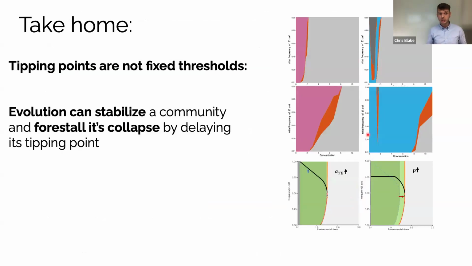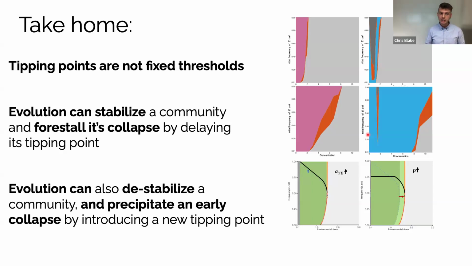So in conclusion, what I want you to take home from this talk is currently we are thinking of tipping points as this fixed threshold, but they are definitely not fixed. And evolution changes and shapes them. And it can do so in both ways. Evolution can stabilize a community and delay its collapse, but it can also destabilize a community, leading to an earlier